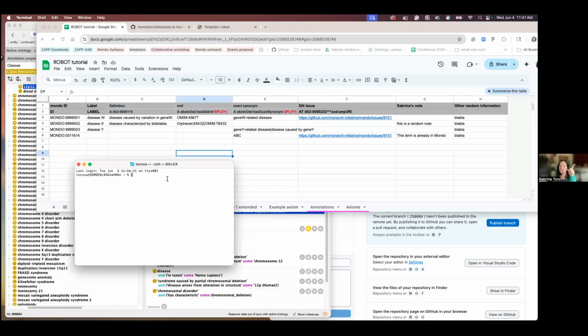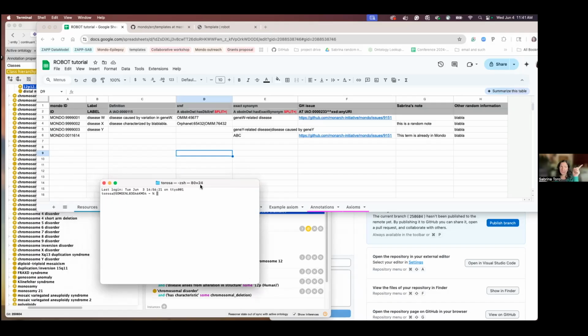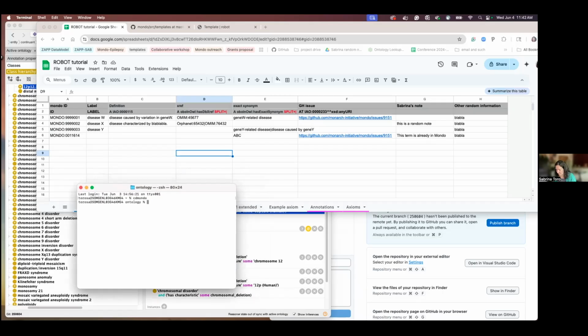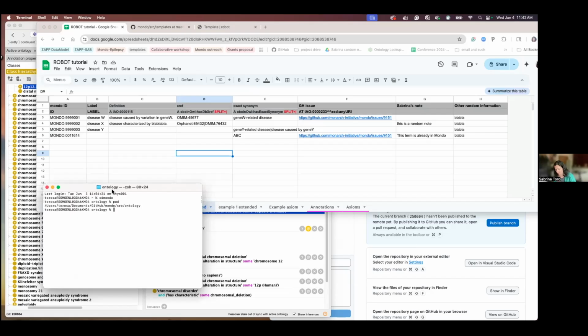So the first thing we want to do, absolutely every time you use a command line for any ontology development, you always first need to go into the ontology file, and we want to be in the ontology file and the ontology subtype. So what I have is something that says CD Mondo. That's what I created. What's the way to go there? If you want to go there manually,